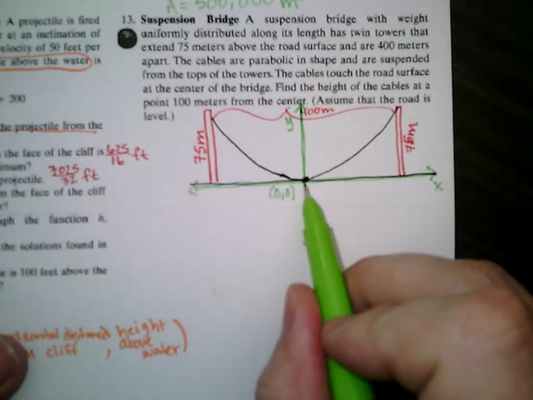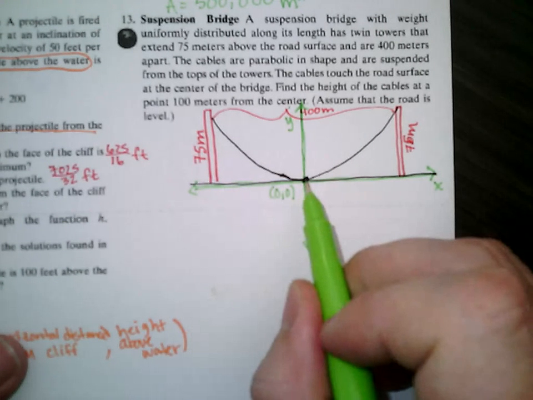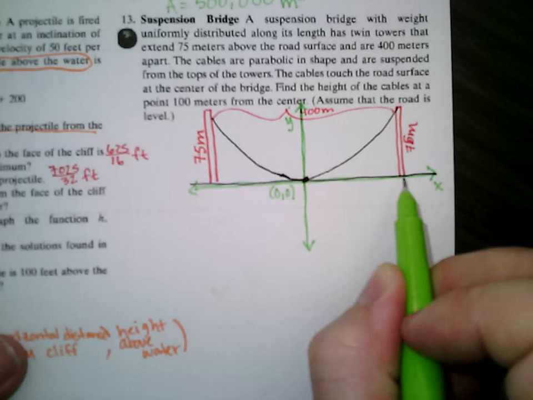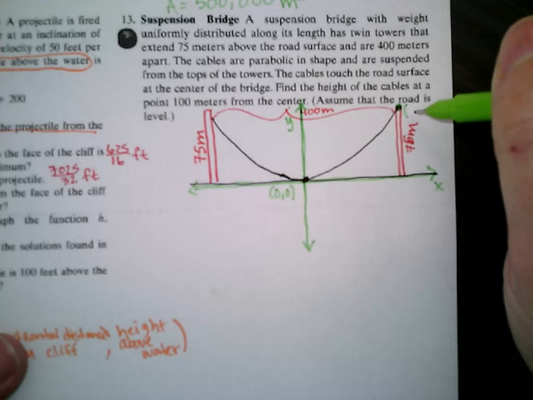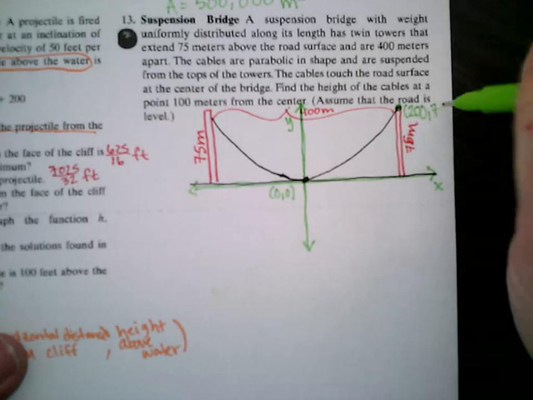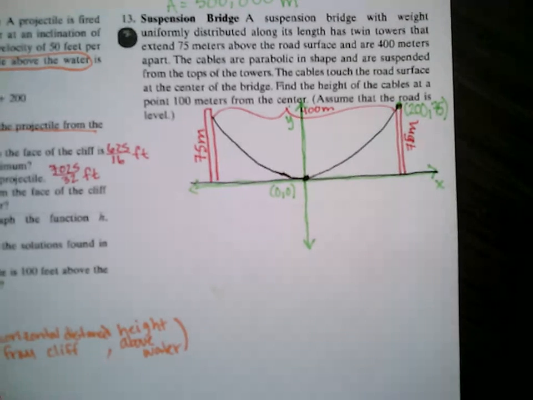And then remember that it's 400 meters from post to post. So if I'm here in the middle, then to get over to this post would be 200 meters. And then to get up to this point here would be 75. So this ordered pair will be 200 for the x-coordinate, 75 for the y-coordinate. So what my strategy is going to be is that I will make an equation that's going to represent the path of this wire. So I'm making an equation for a parabola that has a vertex at 0, 0, and a point on the parabola will be